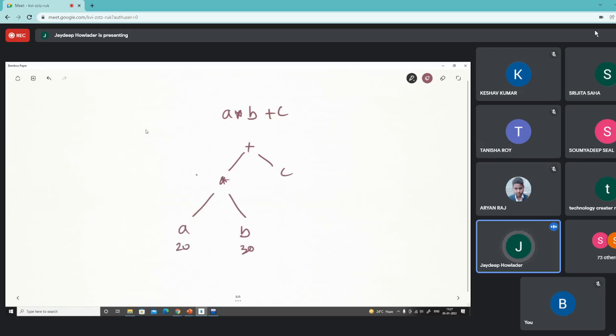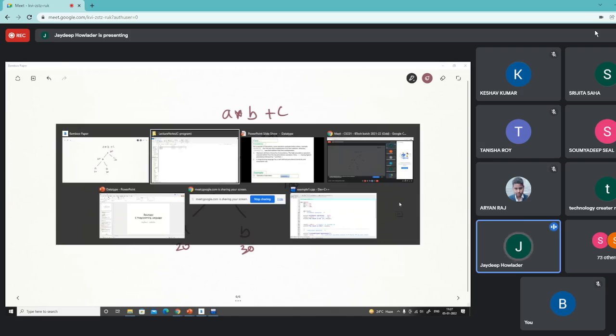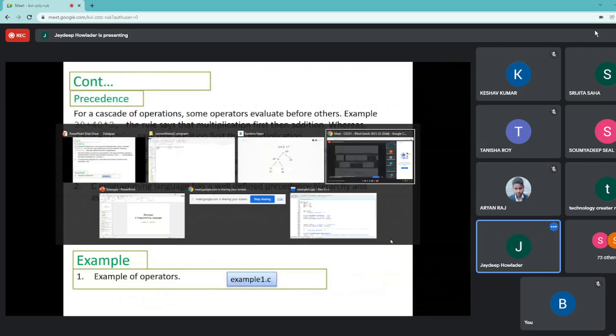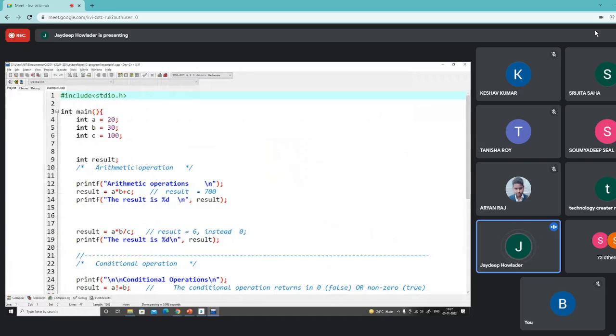So this is 600, and then this is 100. So we have 700. Okay, understand? So the result should be 700. Okay. So result will capture the value 700.